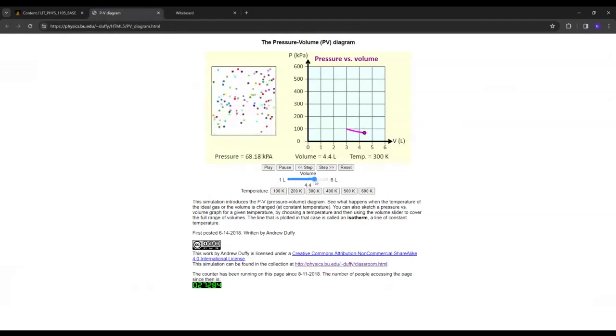about. So as there's more space, then they're less likely to bump into each other and bump around the edges of the container, and so the pressure comes down. Also, if I make this much smaller, then you can see that now they're a lot more likely to bump into each other and bump into the container, and so the pressure goes higher. This was with a constant temperature, and so this is called an isotherm, which again is described down in the